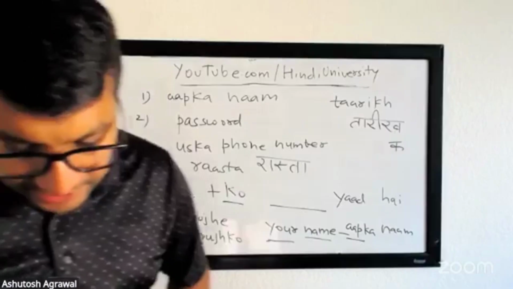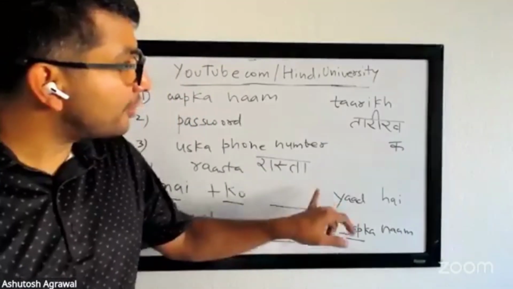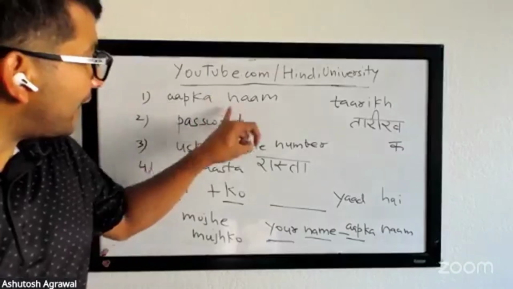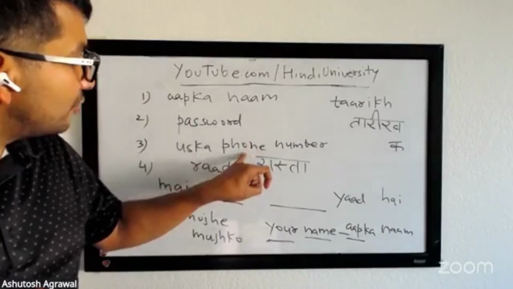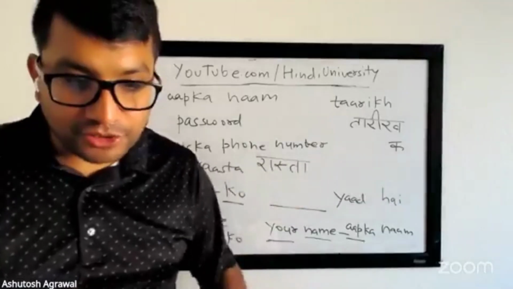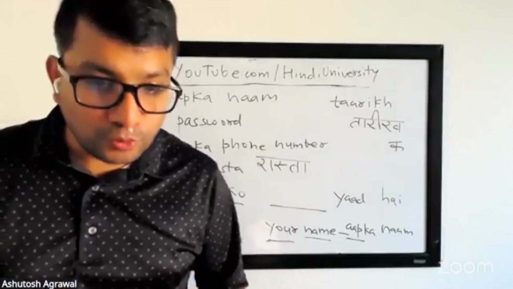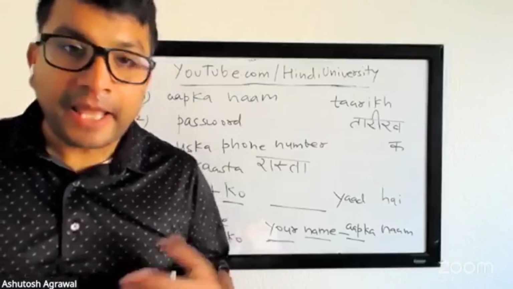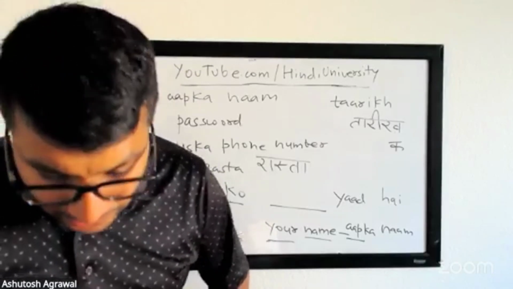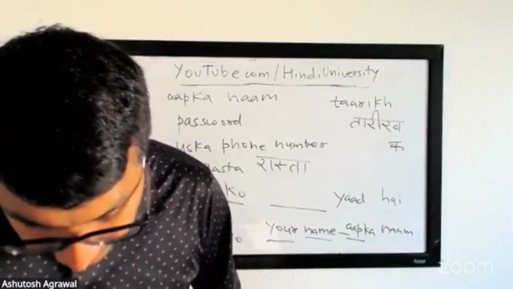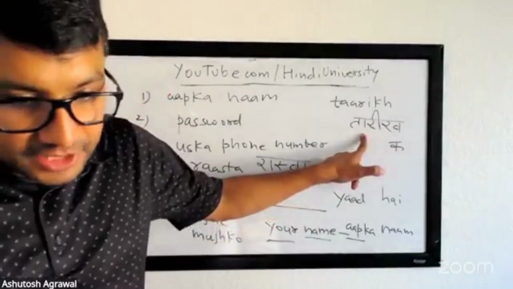Any other questions anyone has so far? So far we're talking about singulars. So naam, password, phone number, rasta, they're all singular. That's why it's hai. Now we'll do plural as well, and then hai becomes hain with the nasalized sound. Okay, so if it is plural, Meeta ji, it will become...